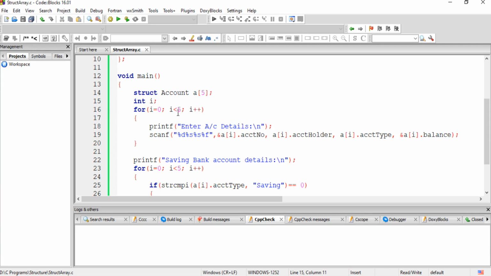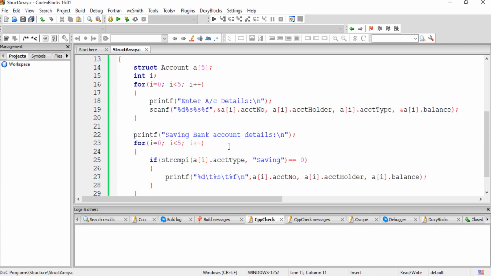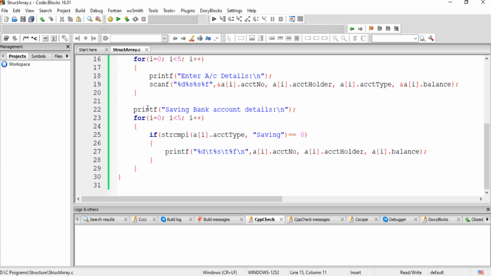So 5 record details are accepted through the scanf statement. And then here I just displayed a plain message, that is, savings bank account details. And here I am comparing the account type with this savings word. If both the strings match, it will return the value 0, and then only are we printing that account's details. So let us run it and check whether it is giving us the desired output or not.